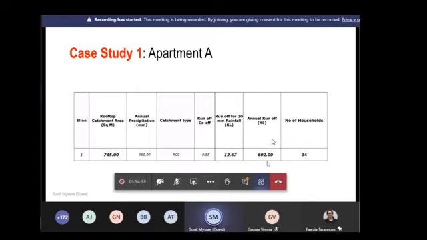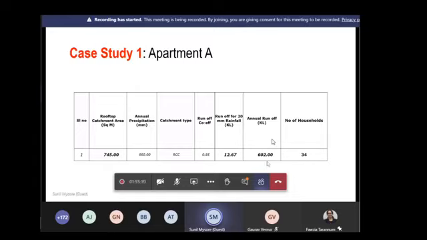So 34 houses spread over 745 square meters of roof area, which receives an annual runoff of 602 kiloliters. This is how I computed it, using the formula from the last session with those 3 variables. I'm just giving you a case study because people will be interested in the ROI and things like that. So for this area, I've got so much water.